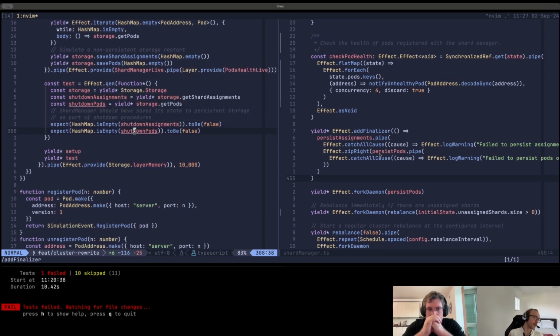Like we're making sure that we should have, and making this test more robust would just involve making sure that the correct pods and shard assignments are present. For now, I just was checking that there was actually something we were getting back from cluster storage. But yeah, there's a ton of work to do. And maybe at some point we should even evaluate if